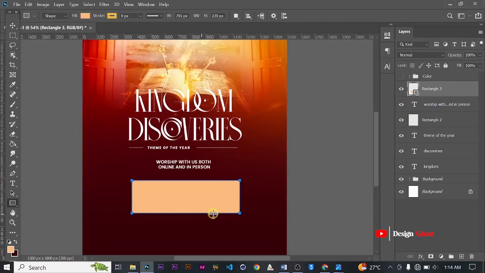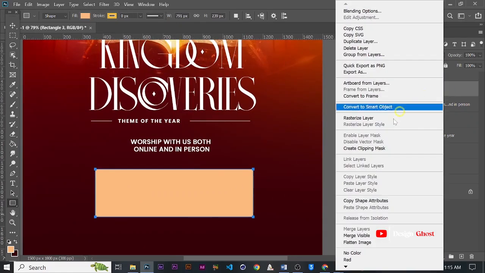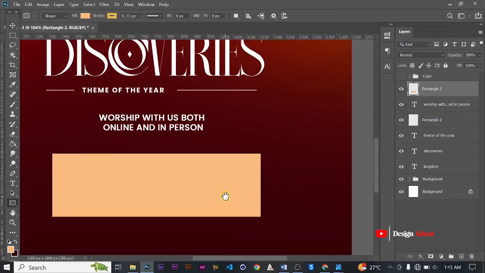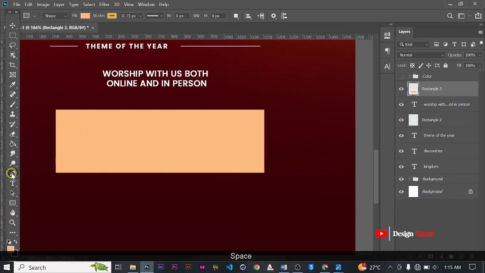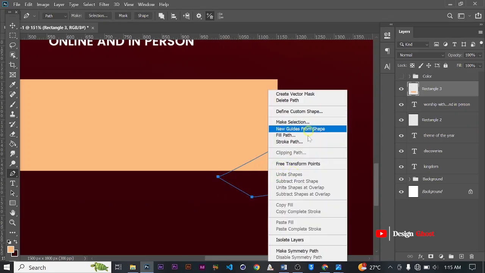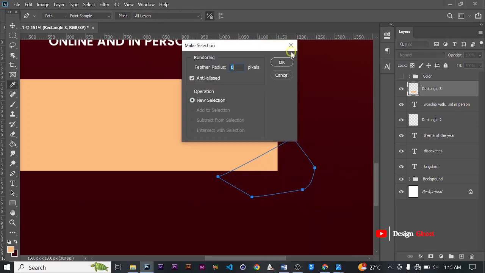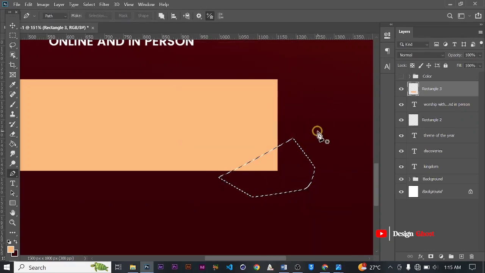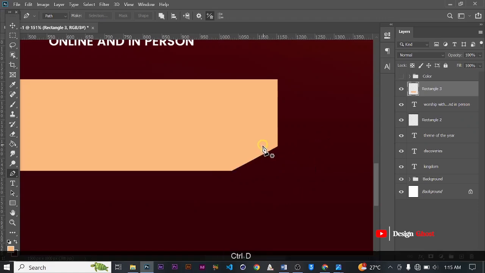Take it out. We rasterize that. Select the pen tool. Make sure it's on path. Then let's cut. Select,